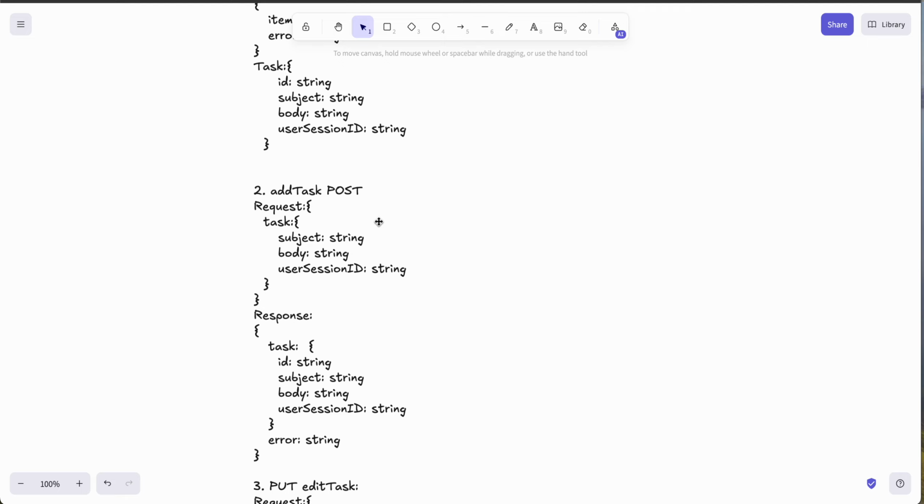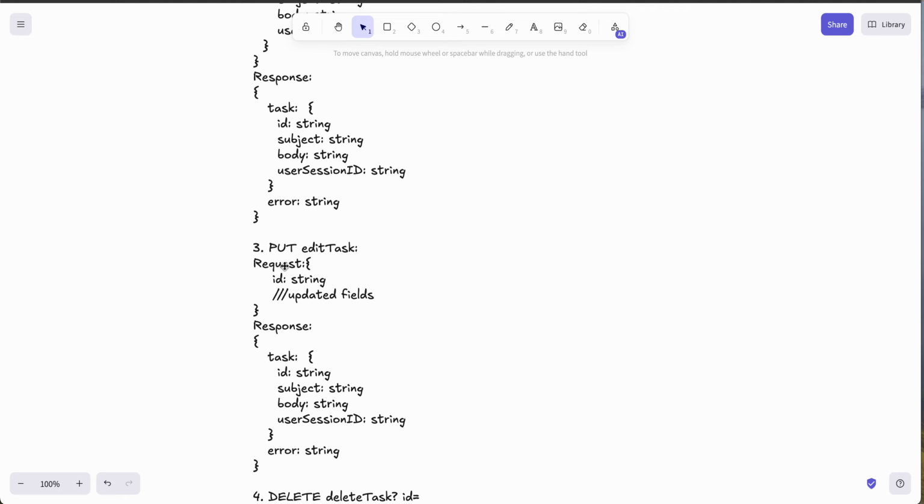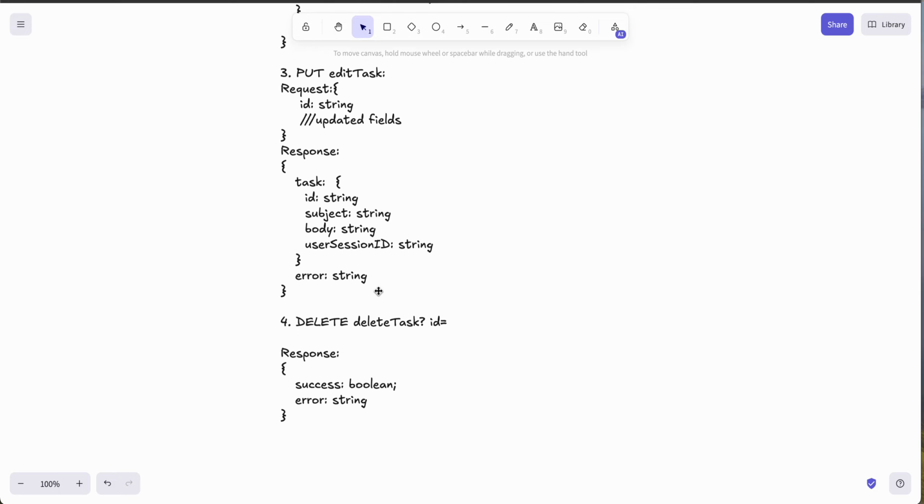So every add task will create new element, but put should be only handled once. So if there is same request with same parameters, we need to handle in the server that the put or delete should be